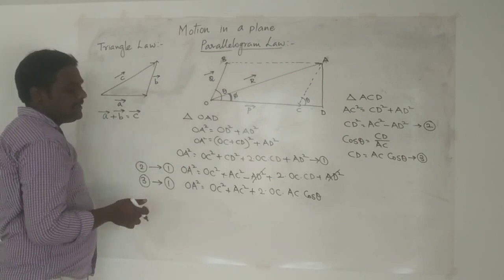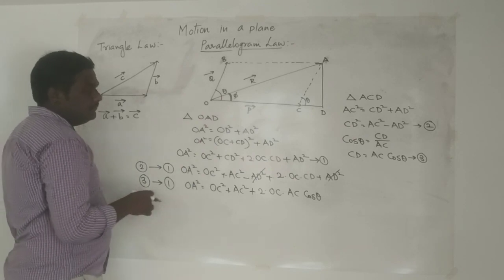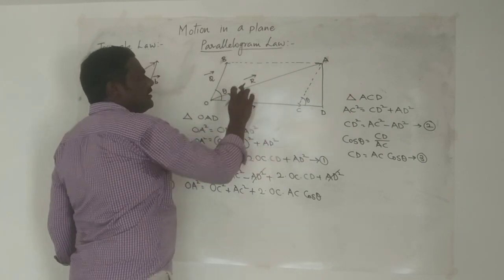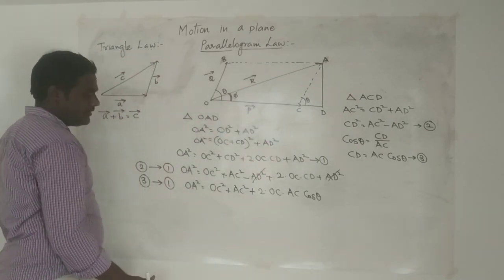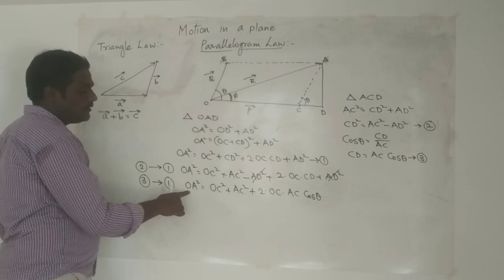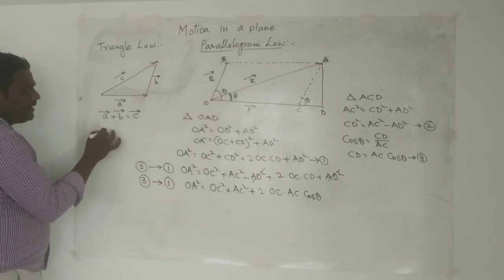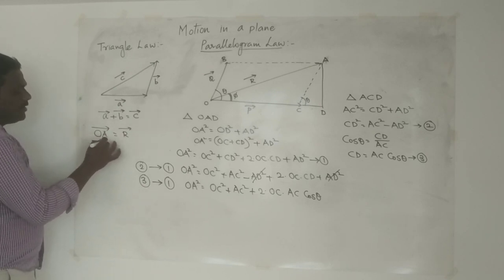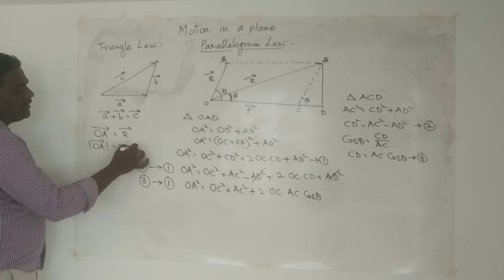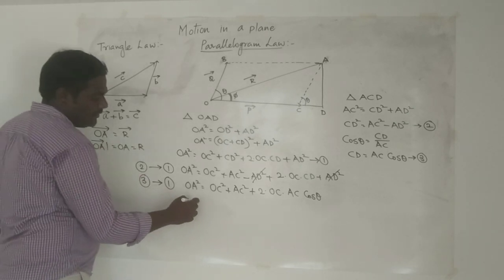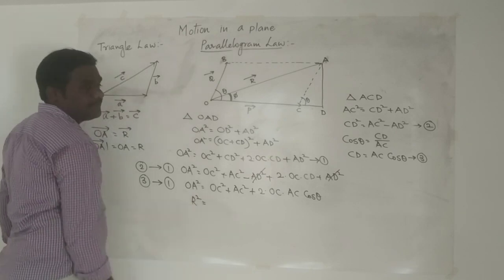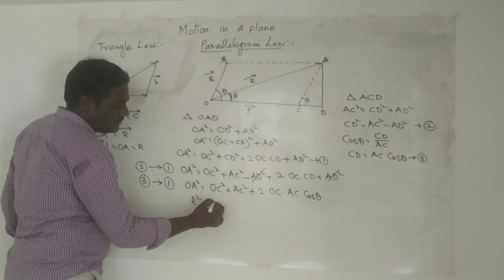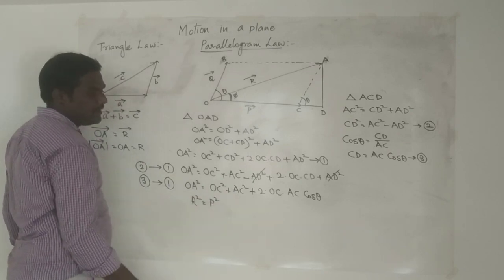Now you just replace the corresponding terms with the magnitudes. Now OA square. See, OA is the length of which vector? Resultant vector. So the length will give the magnitude here. Since you are taking OA, not OA bar, because in the last session I told, assume OA bar is R bar. OA can be taken as modulus of OA bar, that is equal to R. So here OA square I will take as R square. Similarly, OC bar represents P bar, then OC represents P. So here OC square becomes P square.